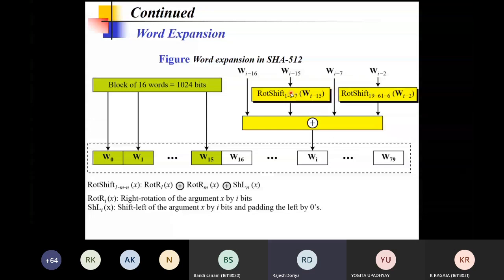First we need to perform rotation shift by 1 place, then by 8 places, then by 7 places. In this case, first by 19 places, then by 61 places, then by 6 places. So this is the sequence of a right circular shift, and this sequence has to be preserved. So this is how we are generating the rest of the words.